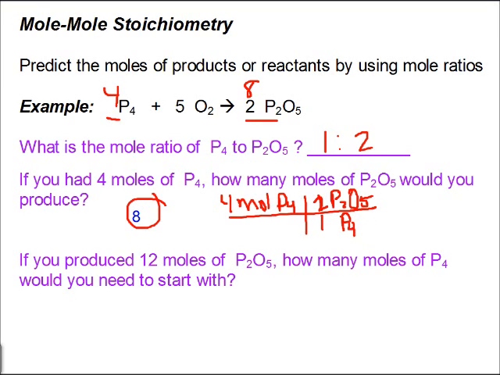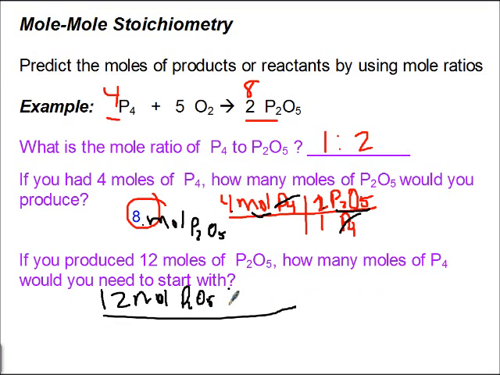And when I look at these, the P4s cancel out, and I'm left with 4 times 2, which is 8. I'm left with moles, and I'm left with P2O5. So 8 moles of P2O5. And again, starting down here, I have 12 moles of P2O5,